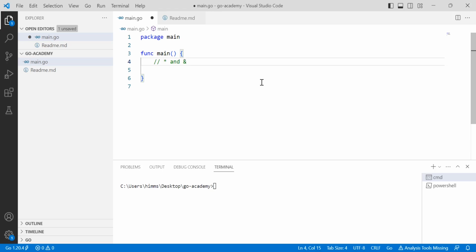And this is similar to all other languages. When you have studied C or C++, you will see this same thing here. So what this means is address of,